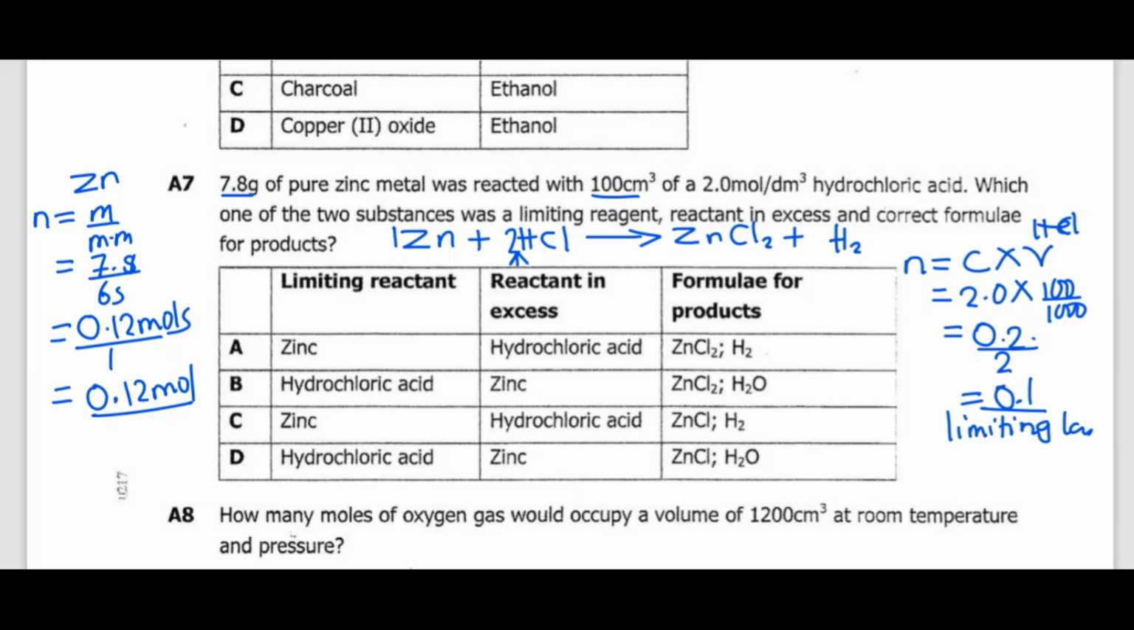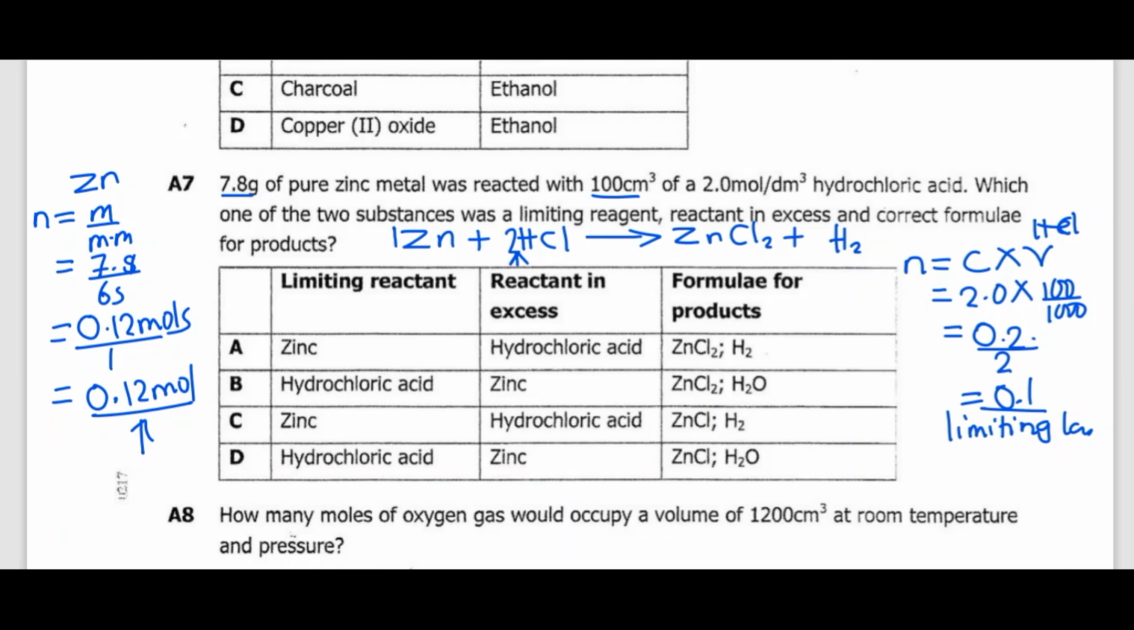So the limiting reactant is hydrochloric acid. You can see that options B and D both have HCl. Now for the excess, the one in excess will be our zinc. Then the chemical formula: here we have zinc chloride,